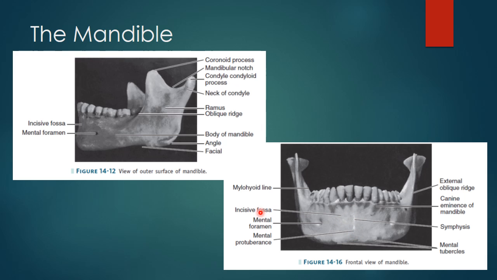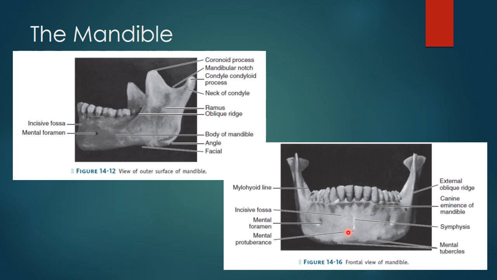This is one half of the mandible, this is the other half. The line of fusion is called the symphysis and is usually marked by a slight ridge. To the right and left of the symphysis are two prominences called the mental tubercles. These are found near the lower border of the mandible. A prominent triangular surface made by the symphysis and the mental tubercles is called the mental protuberance. Here.